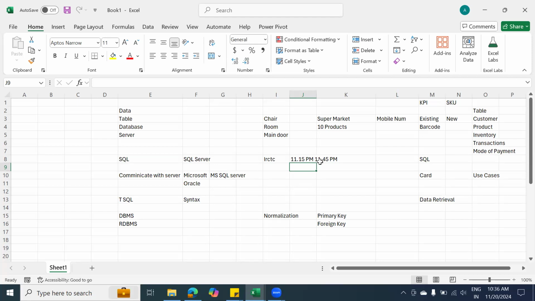Sorry? Absolutely. What is that maintenance break, sir? Let's come here. Whenever you get time, please check this, guys. If you are still awake in the midnight, you can try this. Every day, what IRCTC does is from 11:15 p.m. to 11:45 p.m., they will not allow you to book any tickets.